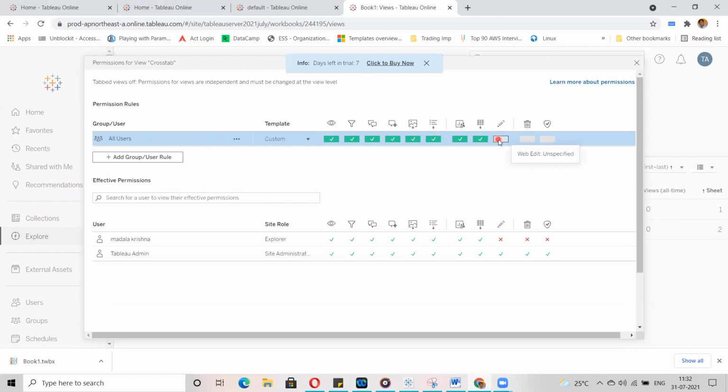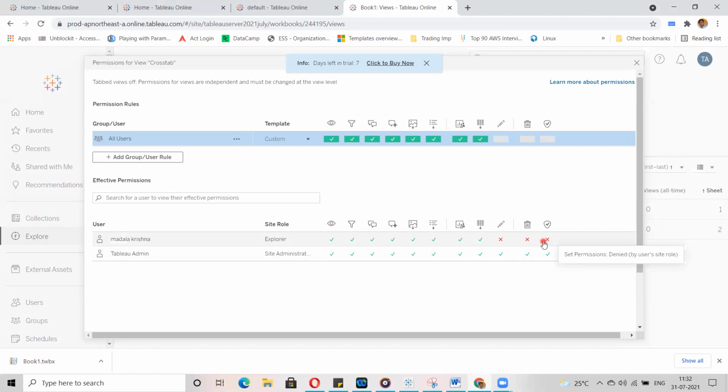And here it is unspecified. We'll see the difference between these shortly. For this user, download access is enabled, and web edit is denied, meaning it is not granted. These are all not granted.